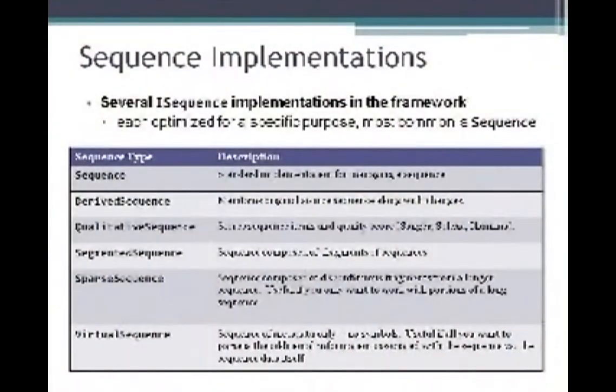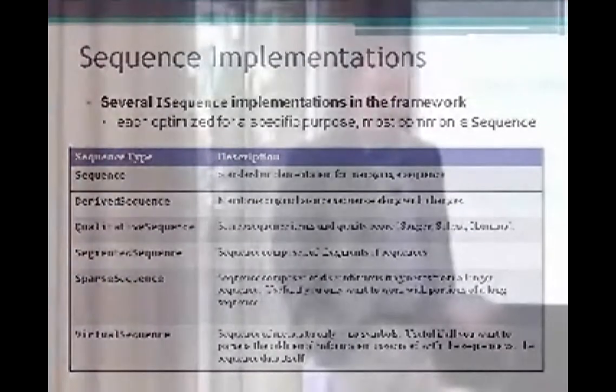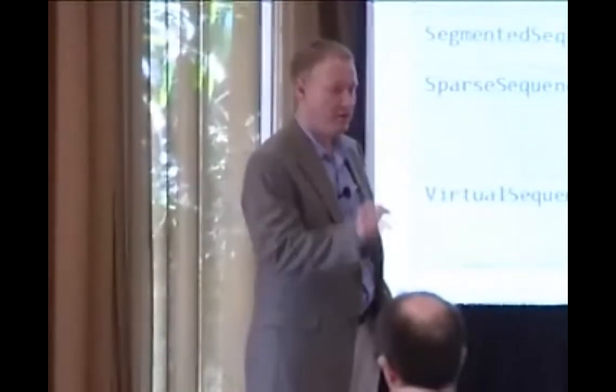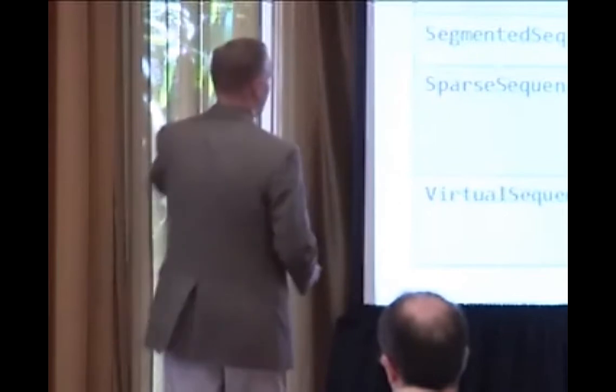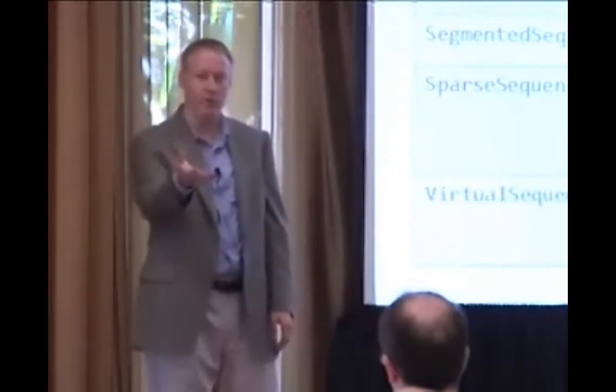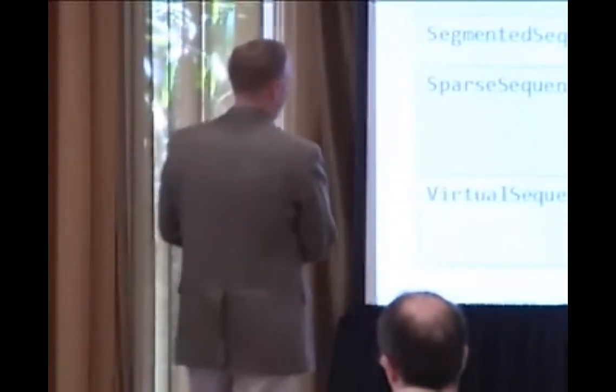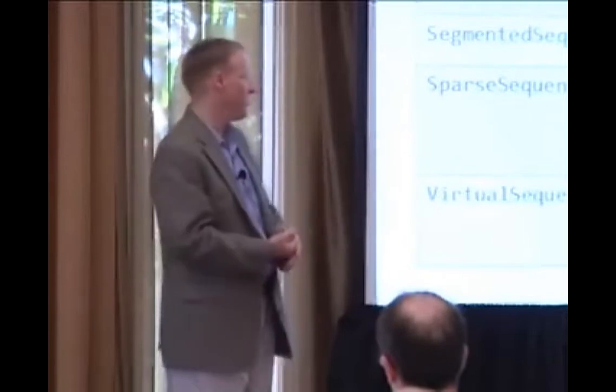Now, MBF itself will typically create a concrete class to represent that iSequence interface. Depending on what you're doing, it's going to create a different type of class. The main class that you generally work with will be the Sequence class. That's the one that if you need to generate sequences on your own, that's generally what you'll rely on. All right, so the Sequence class is considered kind of the standard implementation for managing a sequence of items. And essentially you create it, you supply the alphabet that you want to use, you supply the beginning bits of data that you want to populate it with, you can supply an optional encoder.